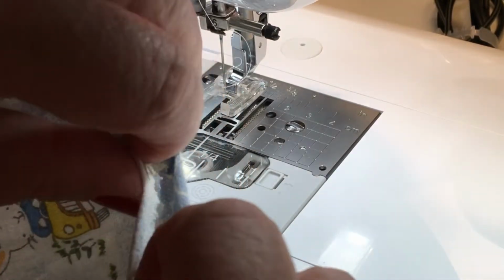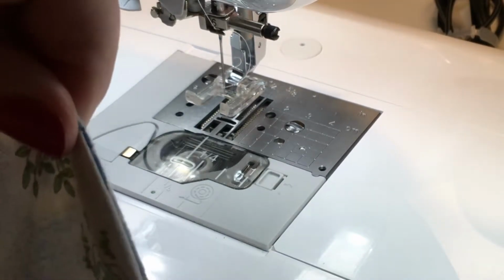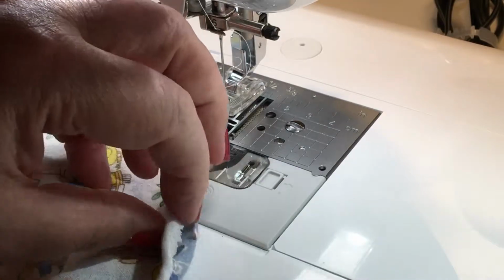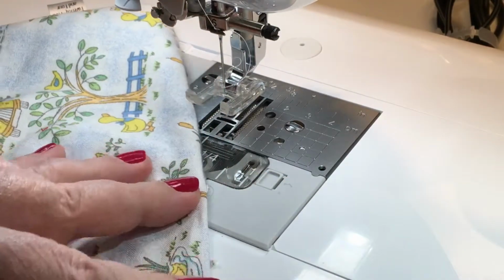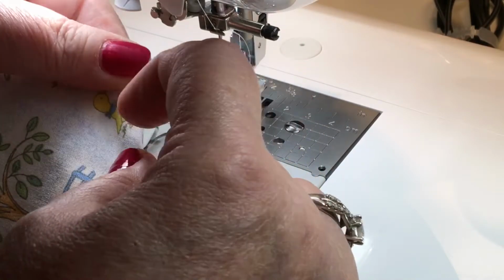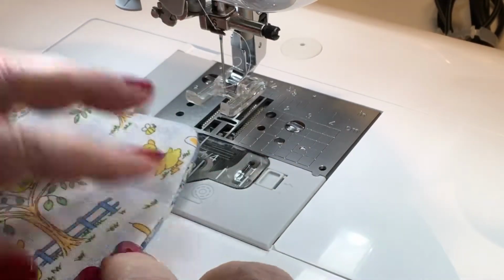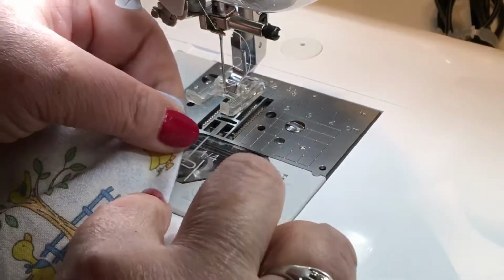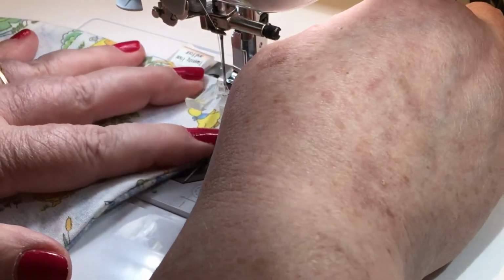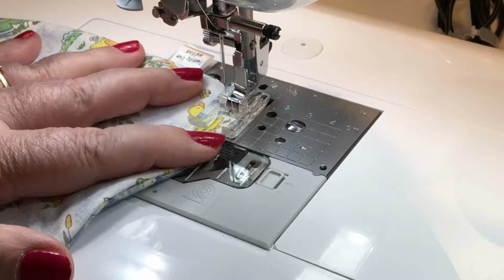I will tuck the raw edges of the hole in so that when I sew across the bottom of the shirt right there, I don't have to sew that by hand. I'm going to catch it with my top stitching. I like to top stitch my shirts very close to the edge of the shirt. And that's because I want the top stitching to be not only decorative, but I want it to be functional. I want it to help support that seam so that the shirt stays intact through washings in the hospital, which are not particularly gentle. So I'm going to put my presser foot down and I'm going to move my needle over